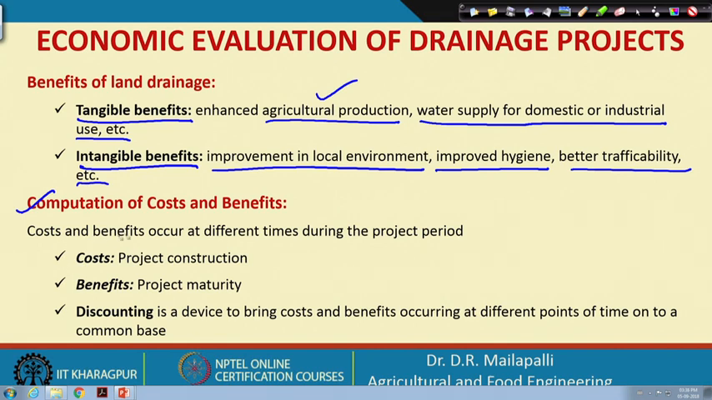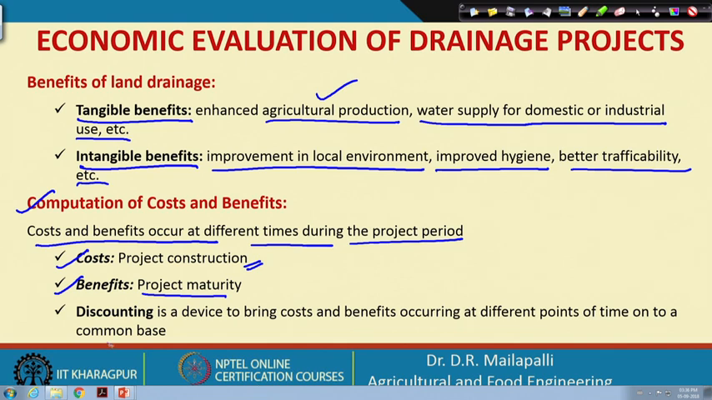Okay, so here, the computation of costs and benefits: the costs and benefits occur at different times during the project period. The whole project period we are going to classify into three time periods: economic life, actual life, and terminal life. We are going to discuss those. The costs occur during project construction, and benefits come once the project reaches maturity. Generally the costs happen during initial stages like project construction, and once the project matures, then